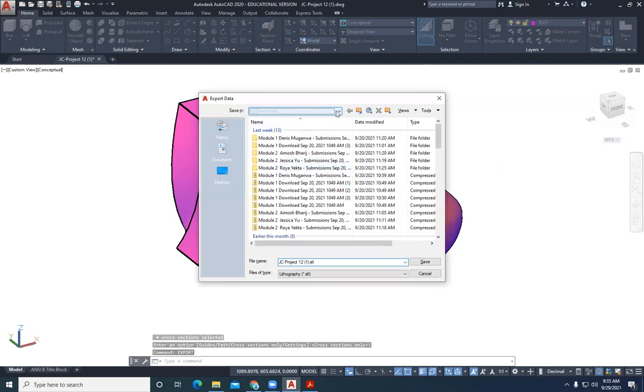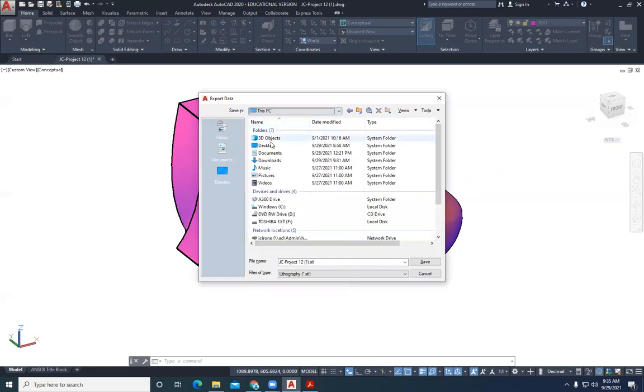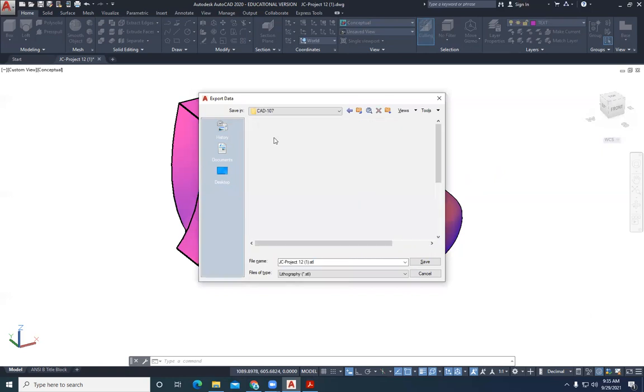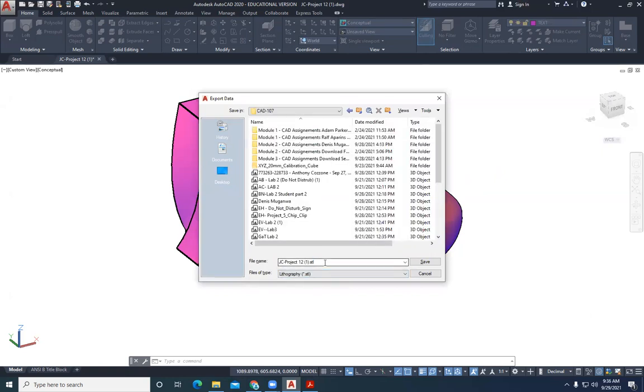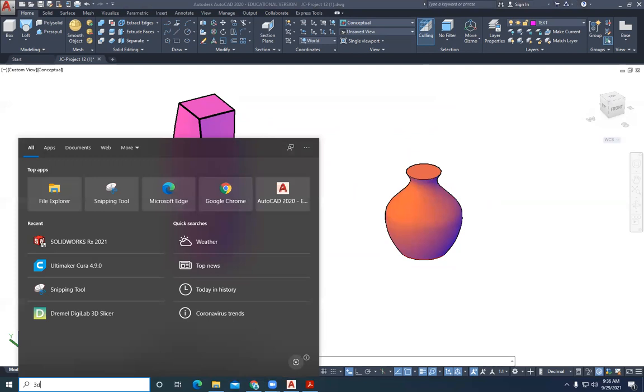And so I'll export this to my CAD 107 directory. And I'll just leave that name there as an STL. We'll save it. We'll select it. We'll hit enter. And then what I like to do is go into 3D Builder